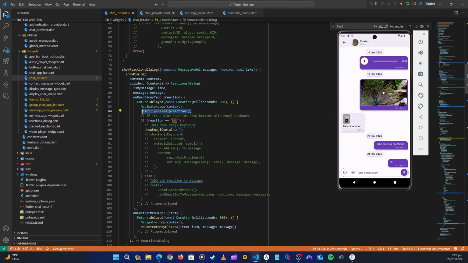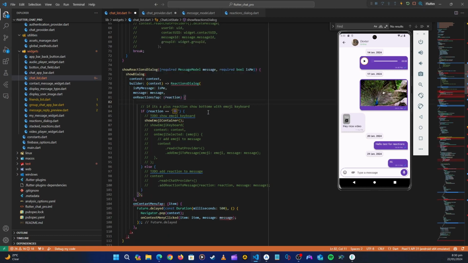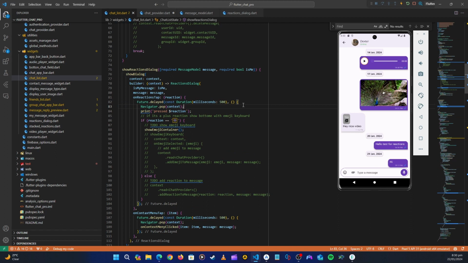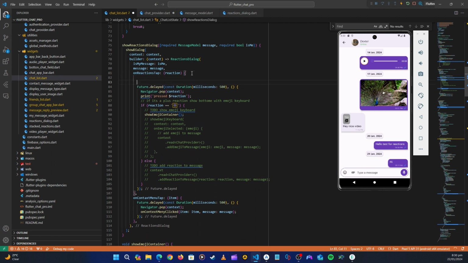All right, so we need to put that method above here. So first of all, let's cut this. Let me go back. I've removed what I'm not supposed to remove. So we need to put that method above